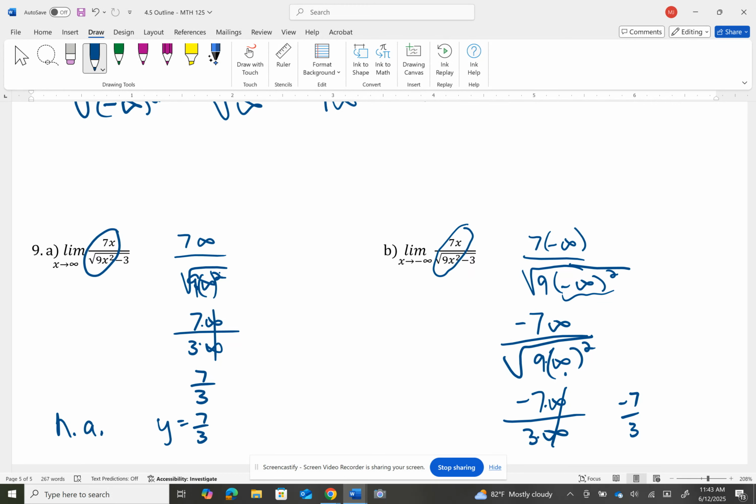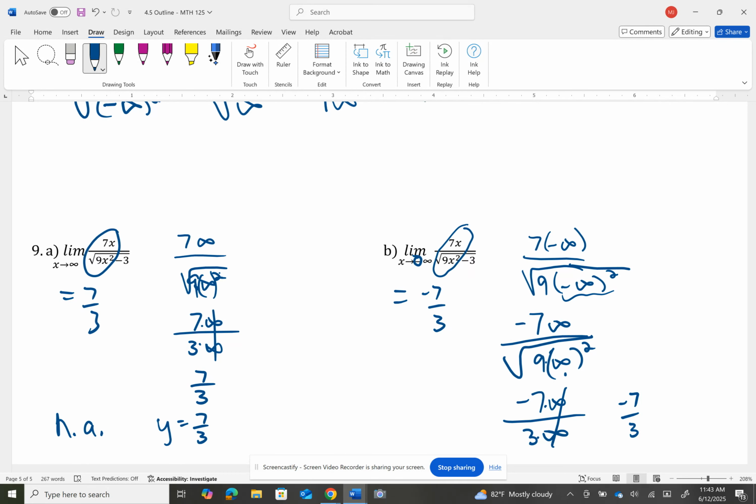So the limit here would have equaled 7/3. The limit here would have equaled a -7/3. Now, it's not as easy as this is negative, and so that makes it negative. It really depends on the other parts of the problem and how things really work out. Okay. All right, let me go ahead and do